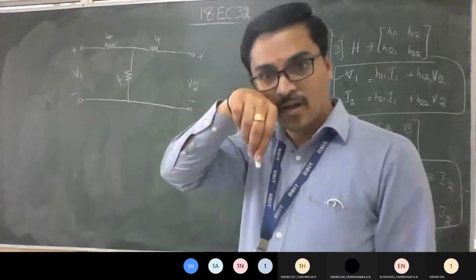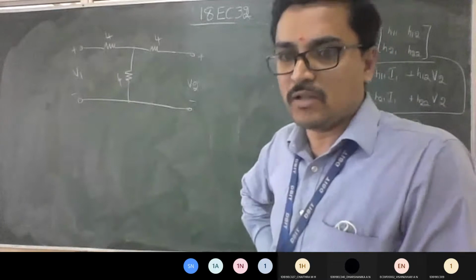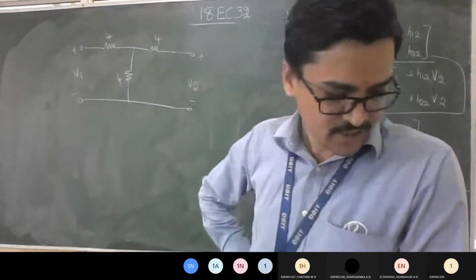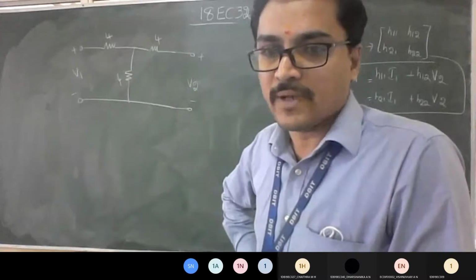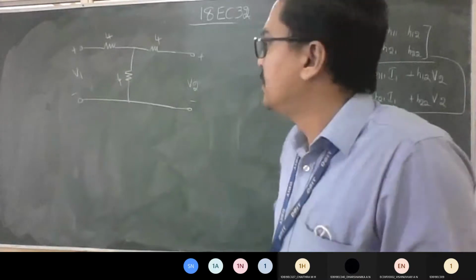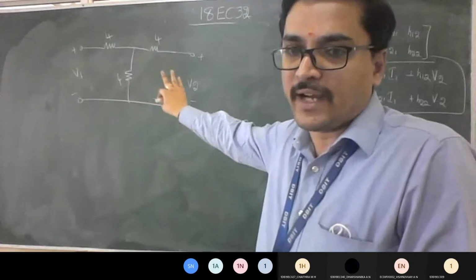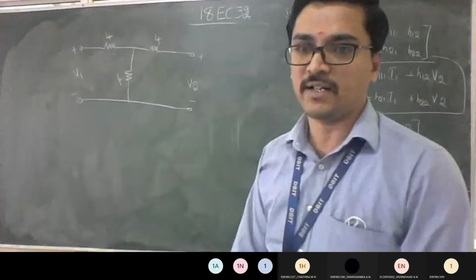Yes, sir. Okay, now look at the board once. I will explain how to solve any parameter, then you can go ahead with the later part. So what is the concept of Z parameter? It is the open circuit impedance. This much will be given to you, and they will ask you to find the parameters. So what are you supposed to do to find the Z parameter?